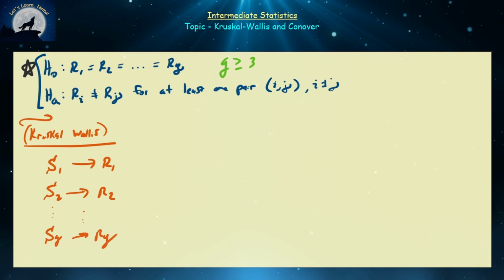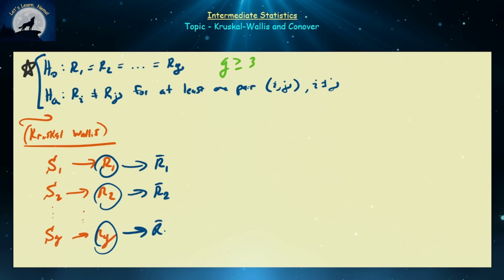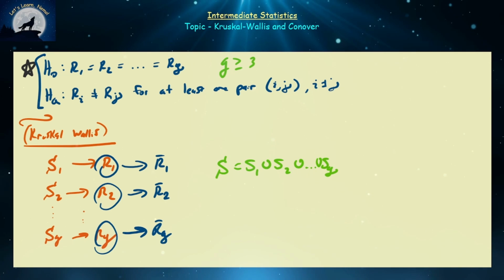And for each of those sets of ranks, we're also going to have average ranks for those sets, right? So we're going to have a bunch of ranked sets, and we're going to have average rank sets as well, right? Also keep in mind, if we have S defined to be S1 union S2 union all the way down to union SG, where the cardinality of S is equal to N, and we look at all of the ranks